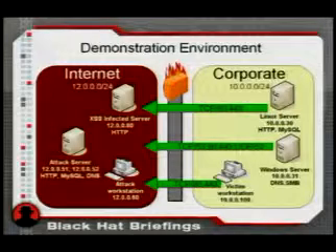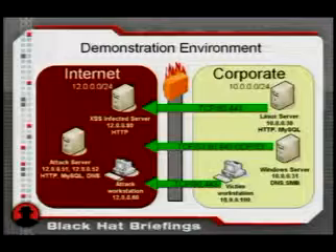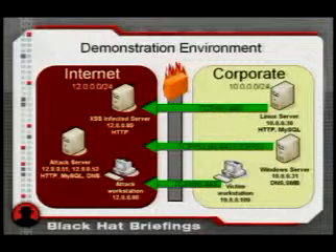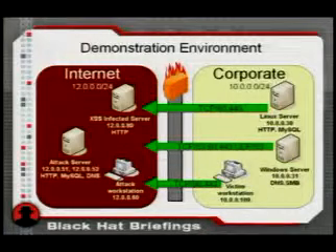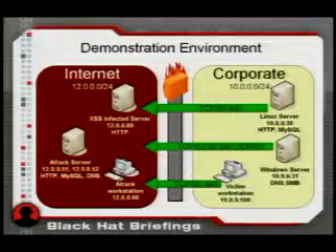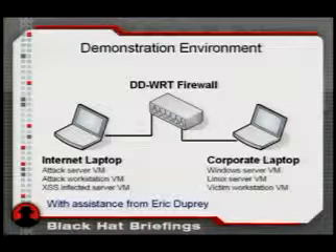On the internet side, there's a fictional website that has already been compromised by the attacker. Some cross-site scripting has been injected. These are a dime a dozen. Google, Yahoo, they've all had problems with cross-site scripting. The attack server we've already talked about, and of course there's the attacker's workstation. From a physical point of view, the environment is implemented on two laptops, both running multiple virtual machines connected by a firewall running DD-WRT. Thank you to my colleague Eric Dupre for assistance in getting the firewall and several of the virtual machines set up.